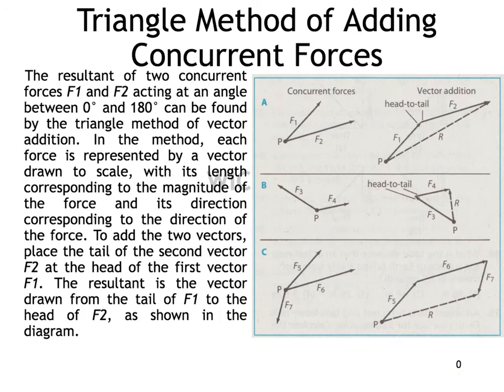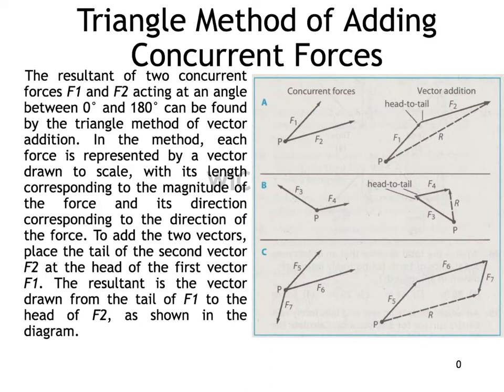I think the amount of notes you need to write for this slide is really minimal because we will have done some practice in class on how to do these already. But you know what you should write down is that when you have a couple of forces, we'll just say F1 and F2, and they're acting concurrently on some point, that you can use the head to tail method for drawing the resultant vectors. So just make sure that you draw one vector with the correct angle and the correct